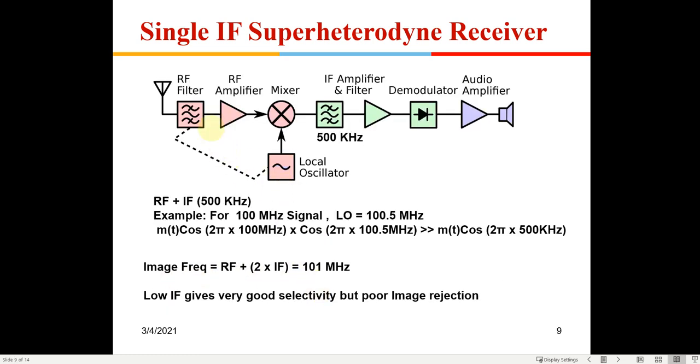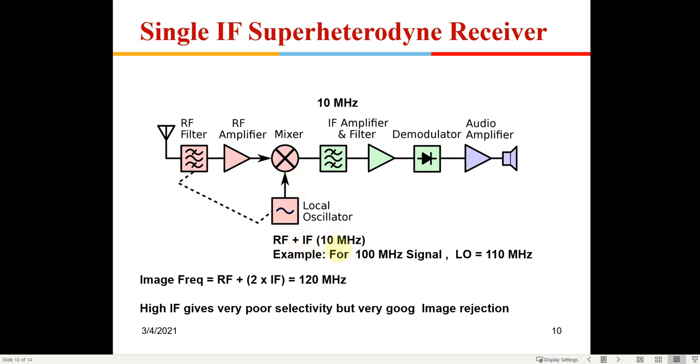In the previous case, the IF was 1 megahertz, the image frequency was 101, and the RF amplifier was tuned to 100. But since the Q factor is low, and we know around 3 to 6 megahertz is the bandwidth, if I am tuning to 100, even 101 will pass. Whereas in this case, the IF is now pushed to 10 megahertz, which is a high IF, so the image frequency has gone to 120, and it will be rejected here.